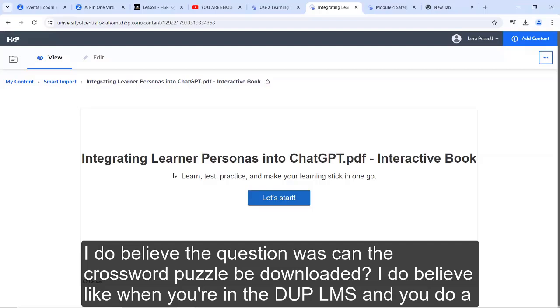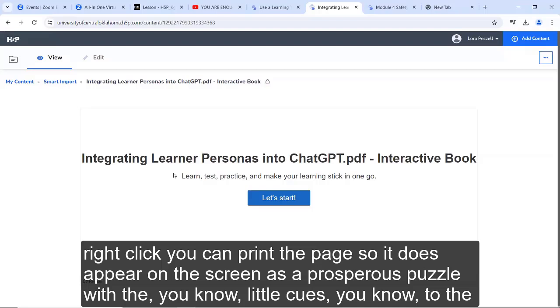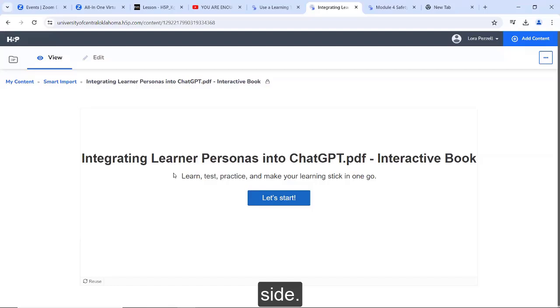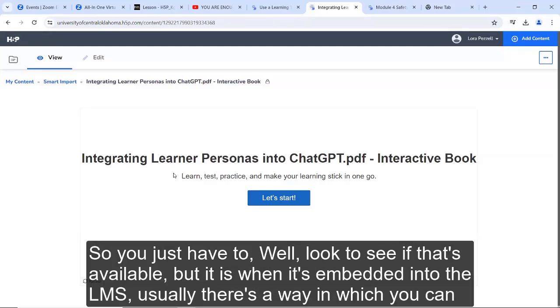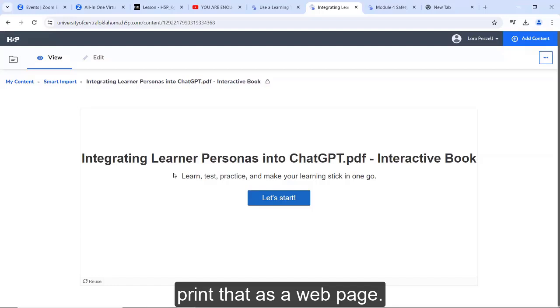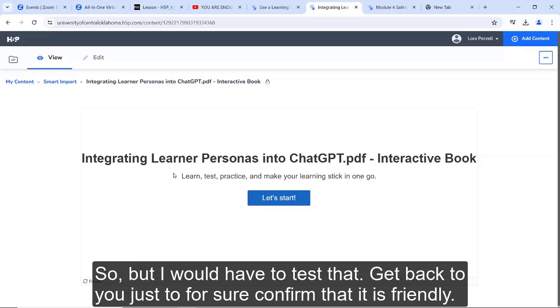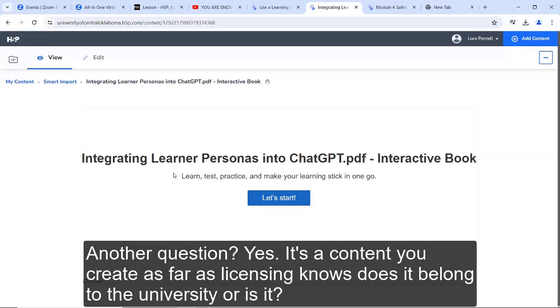It appears on the screen as a crossword puzzle with the little clues to the side. You just have to look to see if that's available, but when it's embedded into the LMS, usually there's a way you can print that as a web page. But I would have to test that and get back to you to confirm that it is printable. Another question?